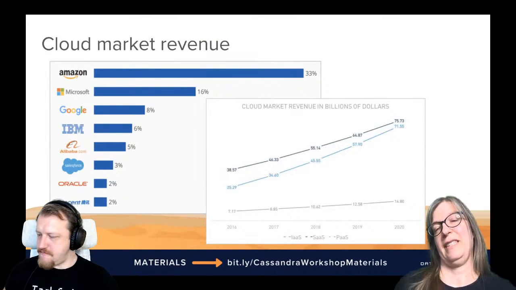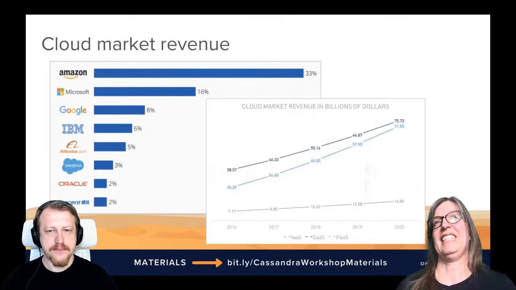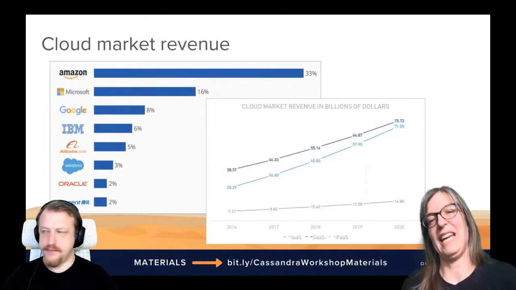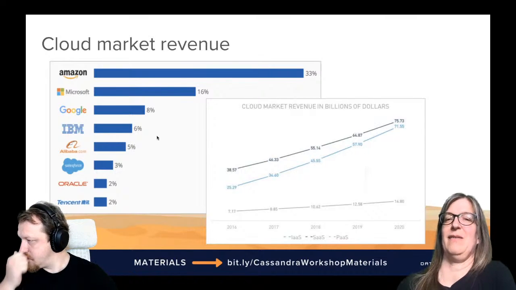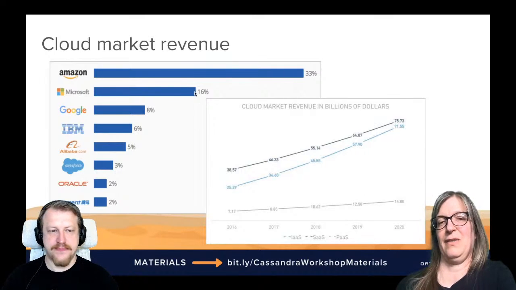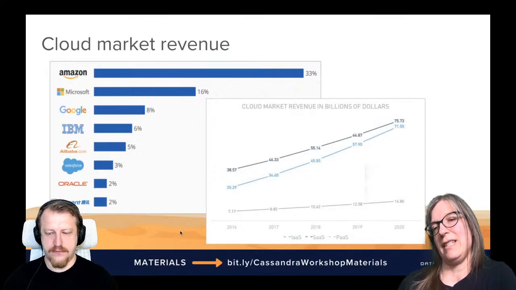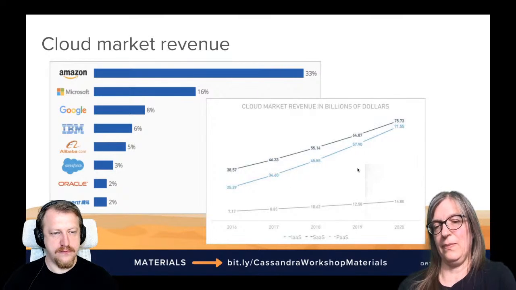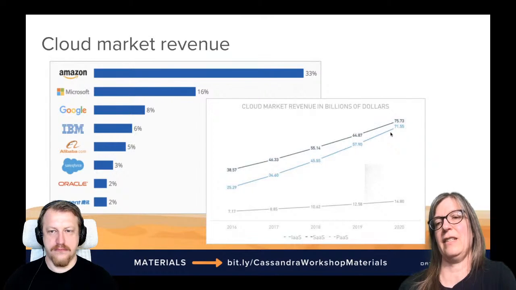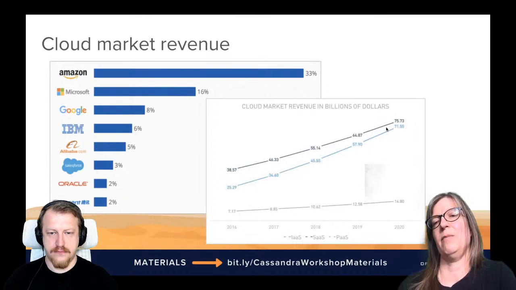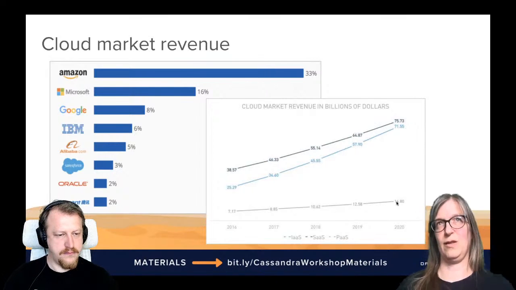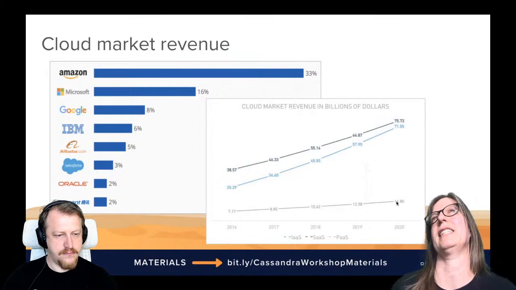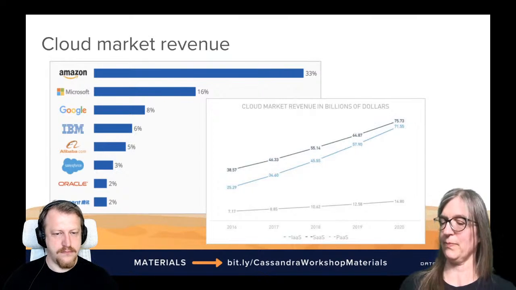And there is a lot of revenue in this offering, and I think it will attract more players, but Amazon is really dominating, then Microsoft, Google, and the other players. What is interesting here is that it is mainly infrastructure as a service and software as a service that bring in the main revenue. Platform as a service is growing slowly, but we anticipate that with how popular Kubernetes is getting, this will increase in the future.